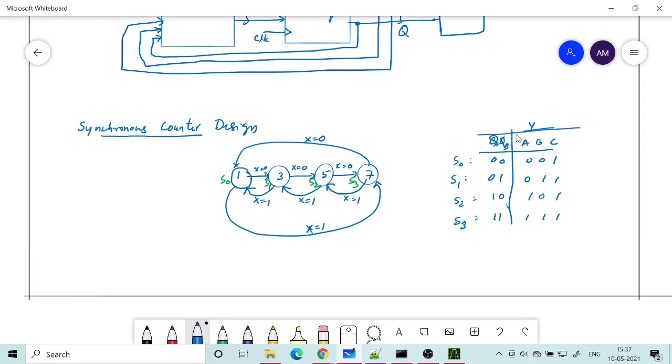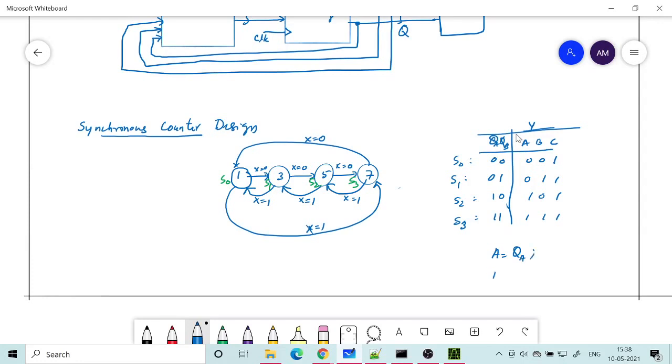Initially you just design the state machine, and then you can immediately generate A. A is basically what, when this or this comes. In other words, you can use a K-map, but directly also you can write it, because there are only 2 variables. So A is basically QA.